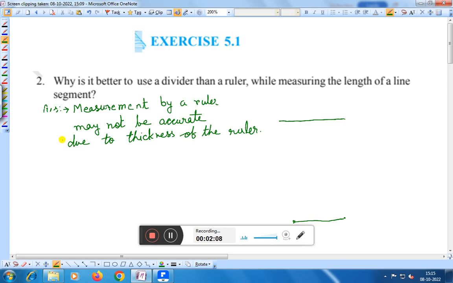In the case of divider, that is measurement by divider, measurement by divider is always accurate,